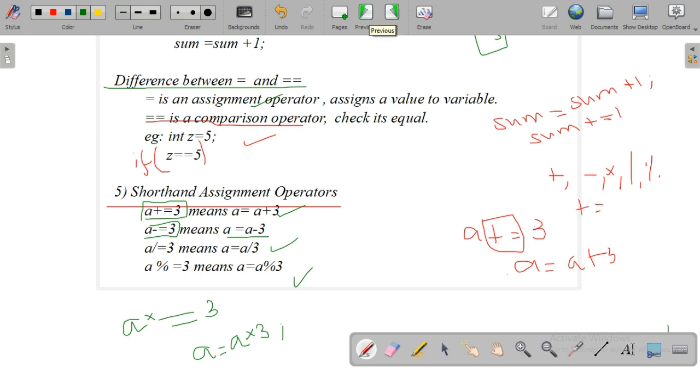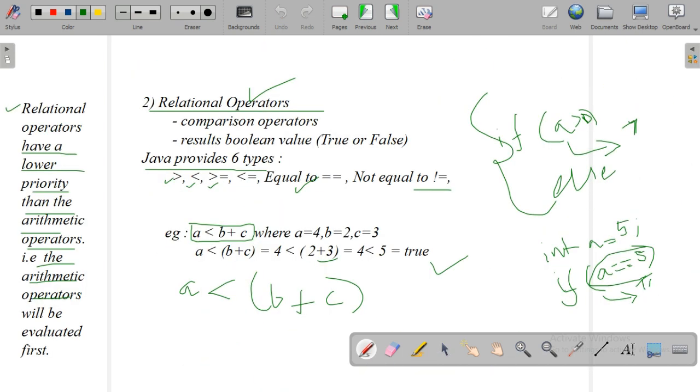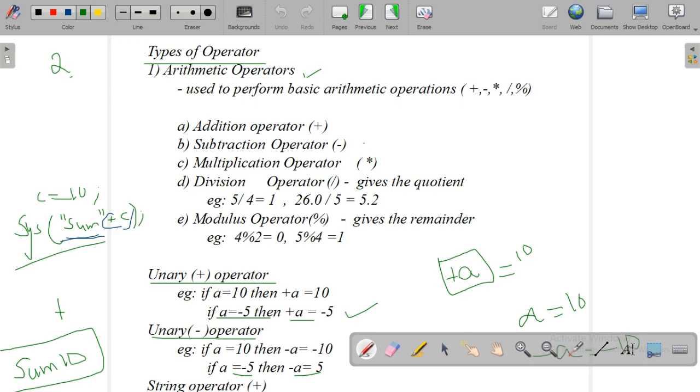So today we have discussed different operators: arithmetic, and 3 types of operators: unary, binary, and ternary. Unary means only one operand is needed. Binary means 2 operands. Ternary means 3 operands are needed. An example of a ternary operator is the conditional operator. All of you know.